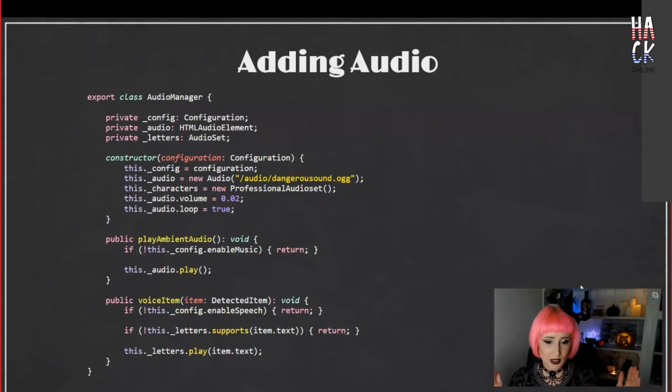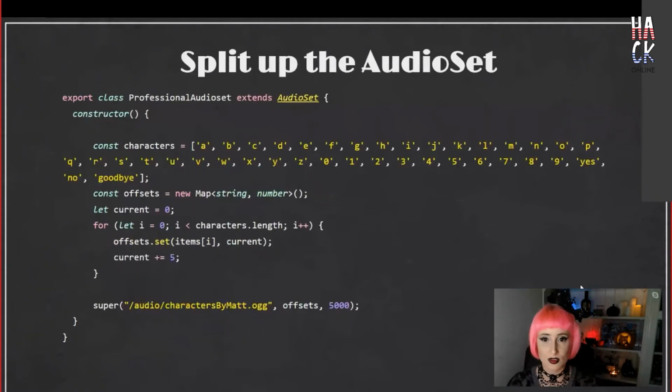So they're all in one big long file, each letter, number, and word. And we can use something called audio sprites to split it up, kind of like one might do with a long SVG sprite, where you can detail which point in the sprite you need to use. So what we're going to do is create a class to index each of the samples inside the file. And each one is at a 5-second interval, so we can just play the 5 seconds that corresponds to the correct characters.